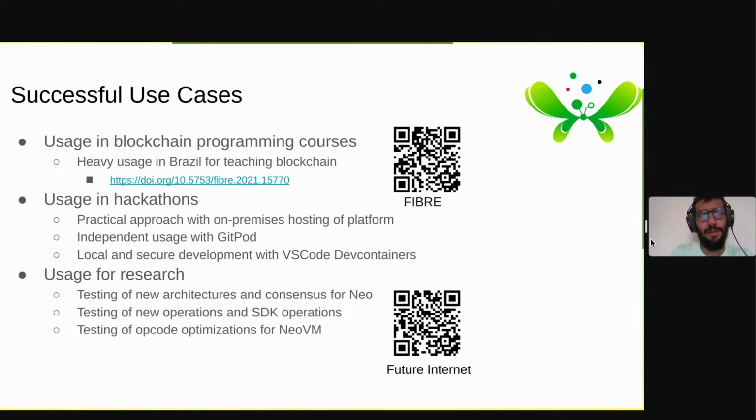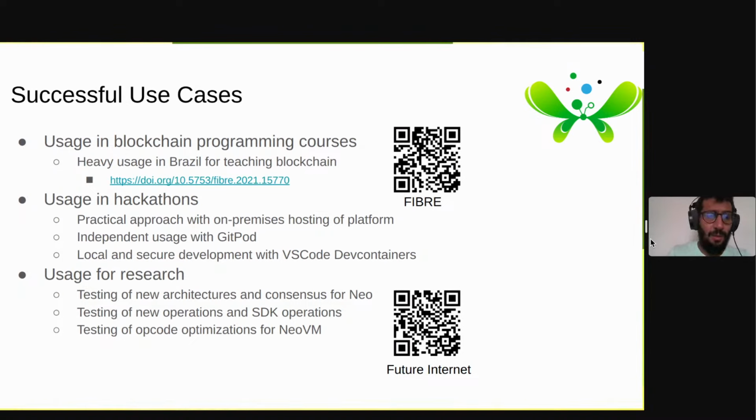website, the NeoCompiler.io website. But since this website can be slow sometimes, as it is a very shared resource, a worldwide shared resource, for hackathons it's a good practice to host an on-premise version of this platform so you can use it privately for your hackathon. But some people have asked us to use the public instance. And since this instance reloads from time to time, it's very stable, even though it's a worldwide